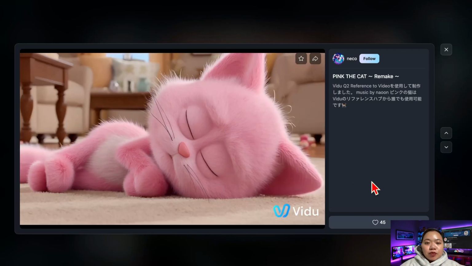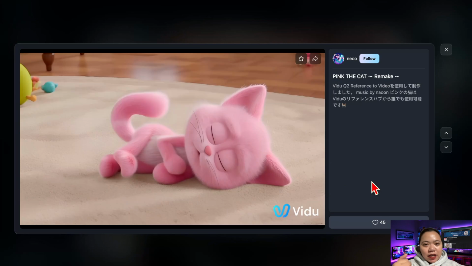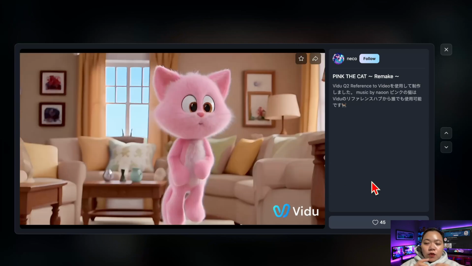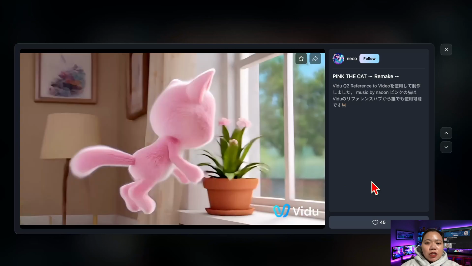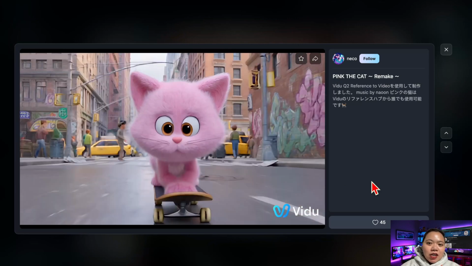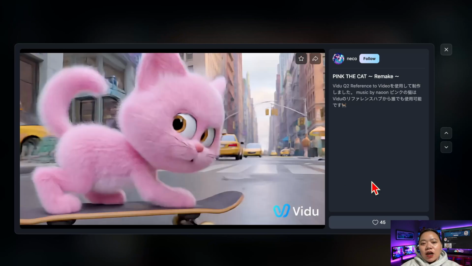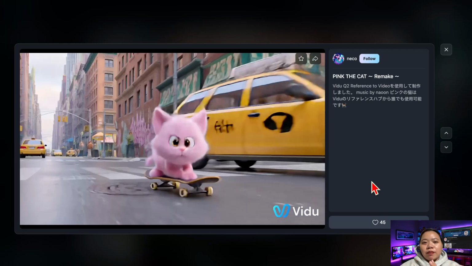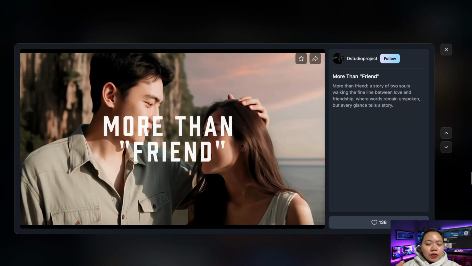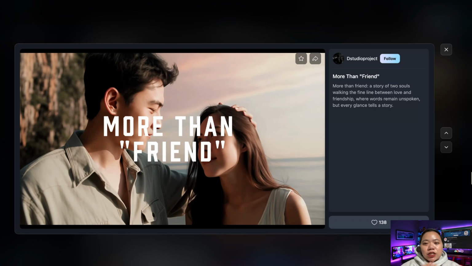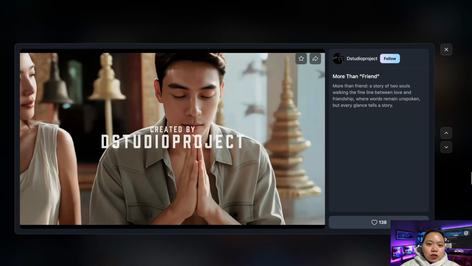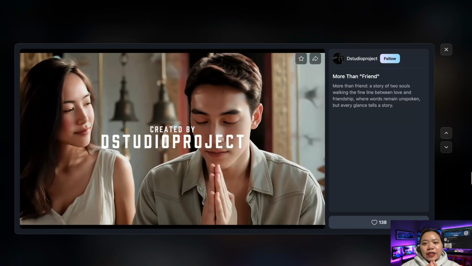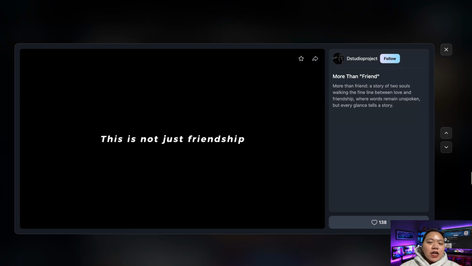Now imagine this for a second. You type an idea, hit enter, and suddenly a full cinematic scene unfolds right in front of you. So real motion, real acting, real emotion, dynamic camera movement, all happening live, generated by AI. No film crew, no animation tools, no editing software, just you and your imagination. That's the world of VIDU Q2, the next generation AI model that's redefining what it means to make a movie.